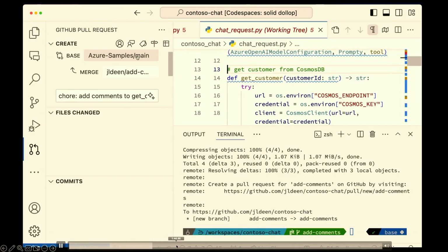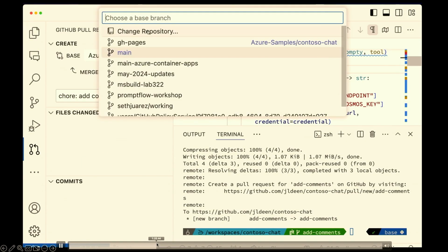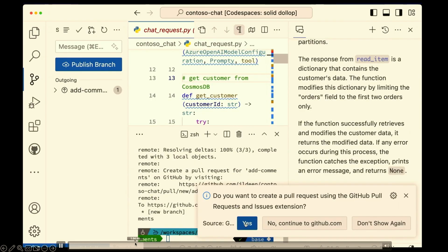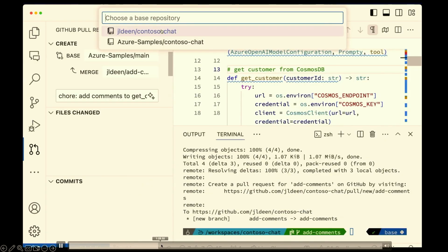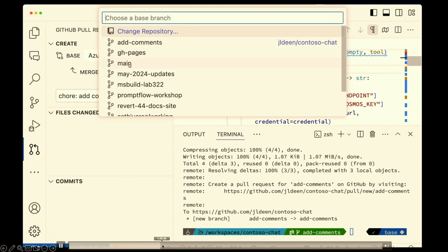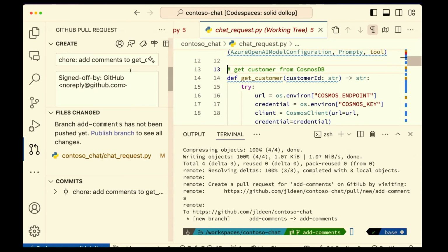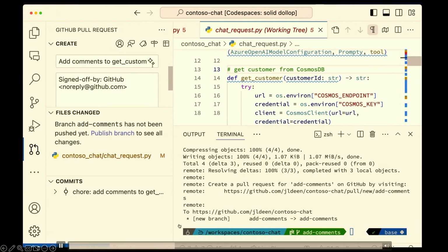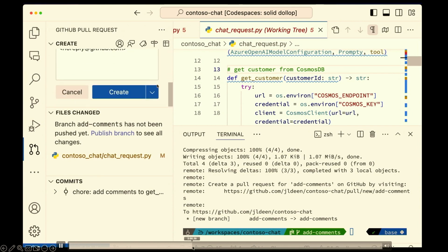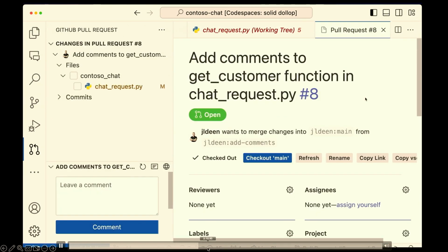So we've checked in our code. You can actually see Copilot right here is helping us with a commit message. And right in here, I'm actually able to use also a pull request extension built right into Visual Studio Code. I can choose the correct base branch. In this instance, I'm also using Copilot to help me generate a pull request summary. And then we'll go ahead and flash forward here